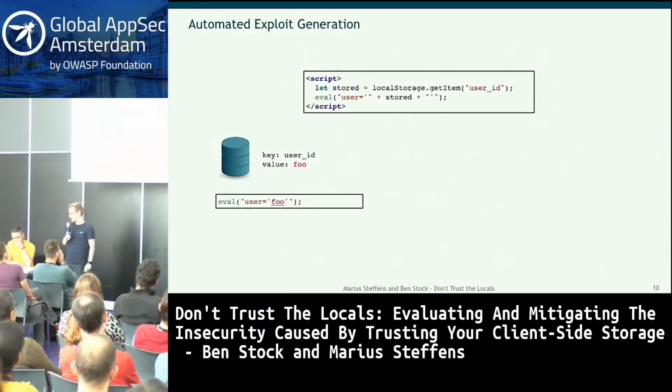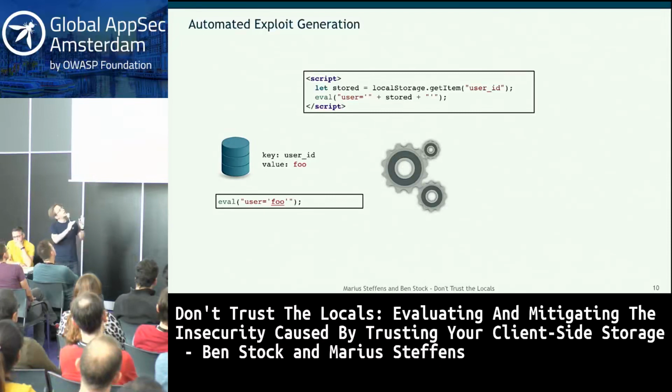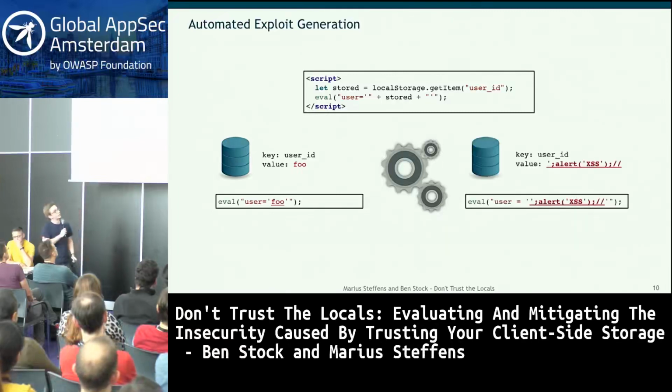What we can now do is go to the second step of our analysis and build an exploit candidate. Now what this means is we look at where the value is exactly being used within the string that is passed to the dangerous sink, and we automatically generate an exploit candidate that breaks out of the existing context and then executes a payload that we want to. And if we look at an example, it instantly becomes a lot more clear.